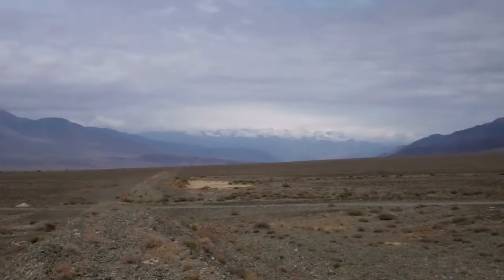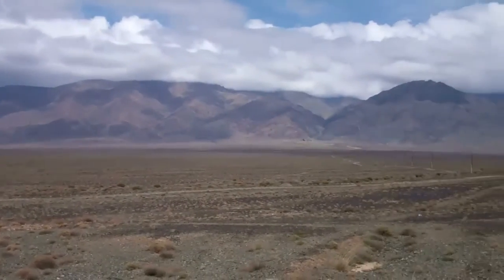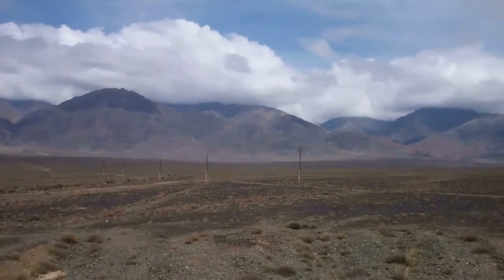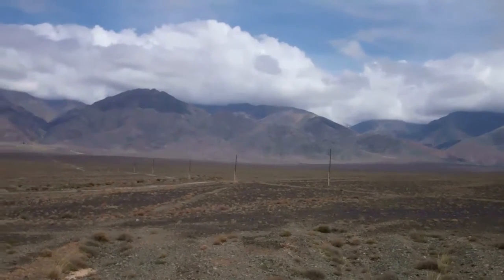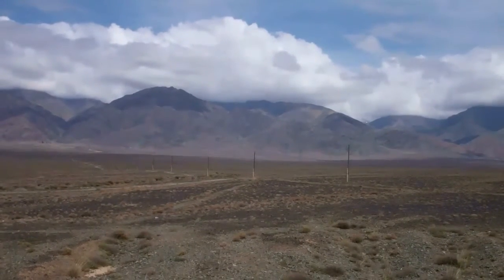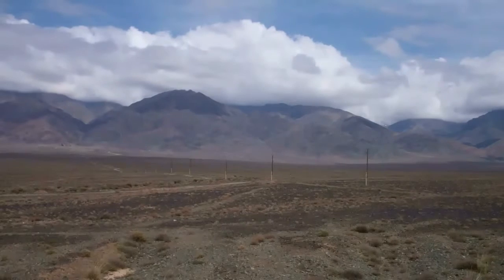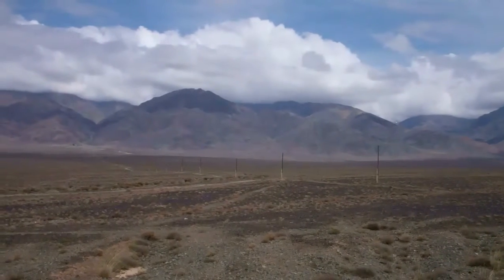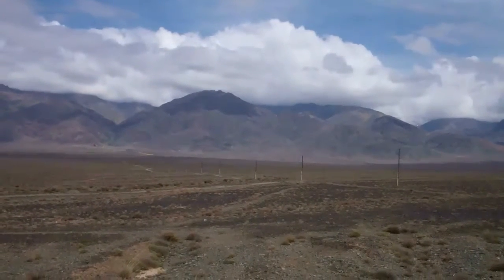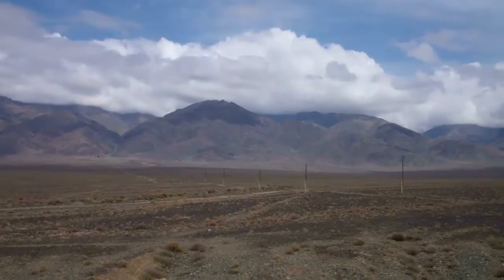And as we pan round to the north now, you can see we're much closer to the mountains of the northern side of the Issyk basin or depression. These mountains go up to approximately 5,000 meters at the top, but average somewhere between 3 and 4. You can see they're in cloud today, but normally you would see snowy peaks here pretty much throughout the year. And you can see the glacial moraine extends for probably another 4 kilometers before you start getting the steeper inclines